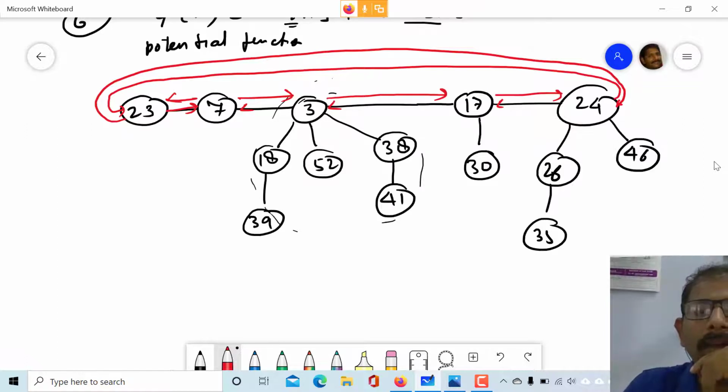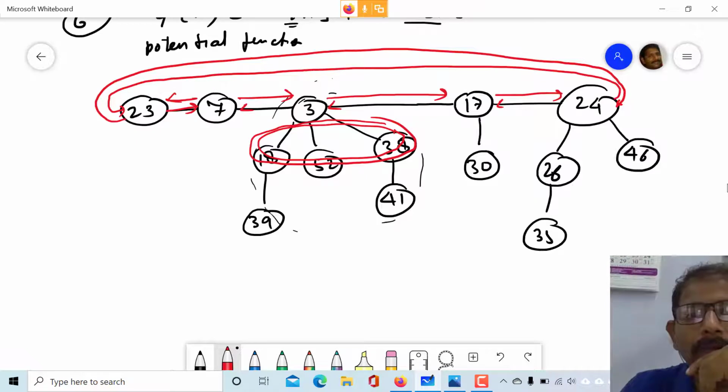Likewise, all the children will also form a cycle. Just like this one, this forms a cycle, and every node is bidirectionally linked to each other. In this way, there is formation of a cycle. Likewise, these two children are also at the same level, but you cannot link them because their fathers are different. Here you have linked because their fathers are linked.